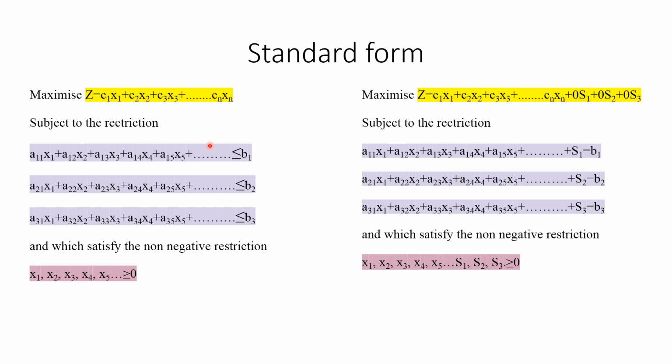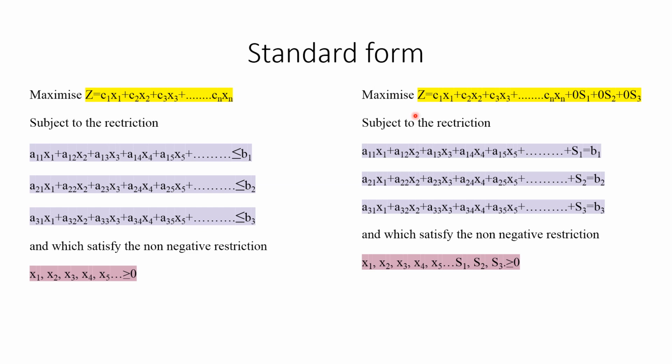Standard form of linear programming problem. So let's see, the first given function is the left hand side and how we convert it into standard form is the right hand side. Maximize z is equal to some equation c1 x1, c2 x2, c3 x3, where c1, c2, c3 are some constants, subject to the restriction. Suppose it is given in less than or equal to type equations. So subject to the constraint a11 x1, a12 x2, a13 x3, and the equation is less than or equal to type, and which satisfies the non-negative restriction. All variable values x1, x2, x3, x4, x5 are positive.